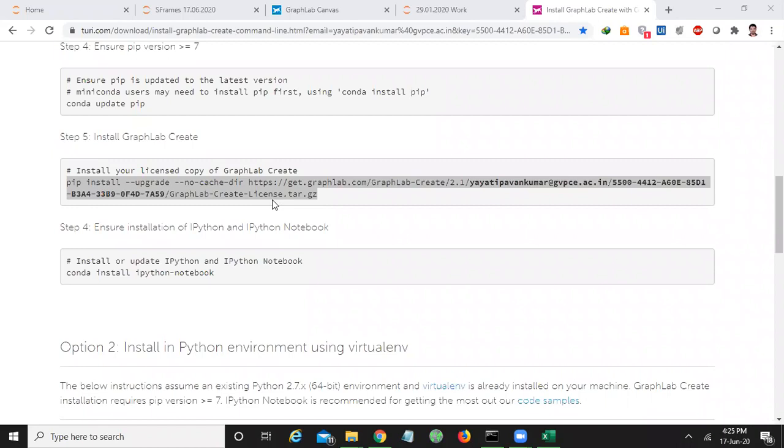Yes. You have to copy the entire command that contains your registered email ID and the license key up to GZ, and you have to paste it. Yes, that is what I'm saying from the beginning.